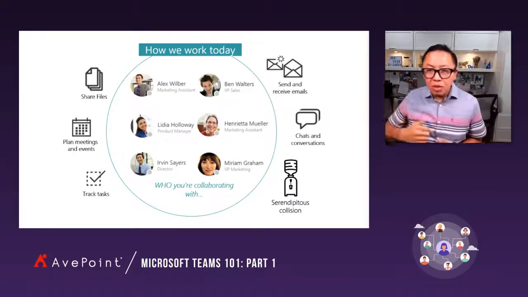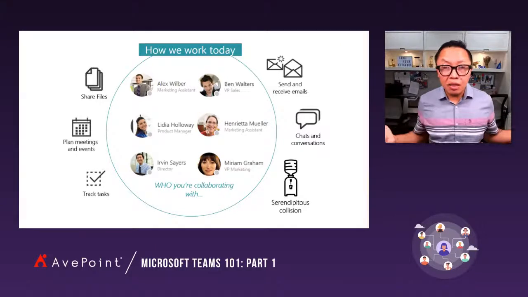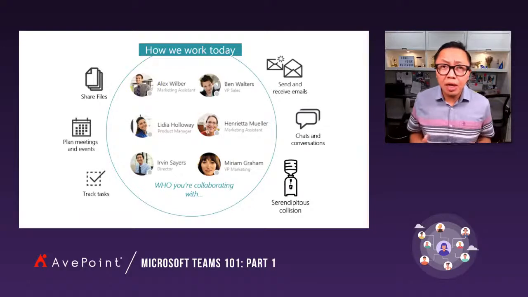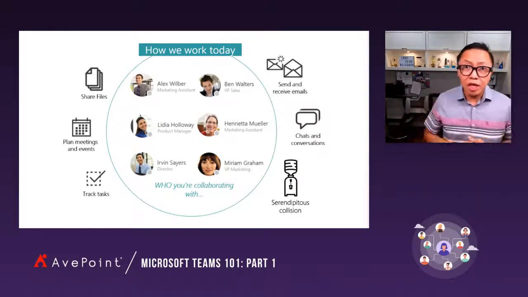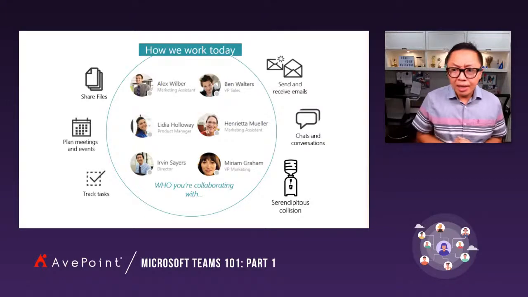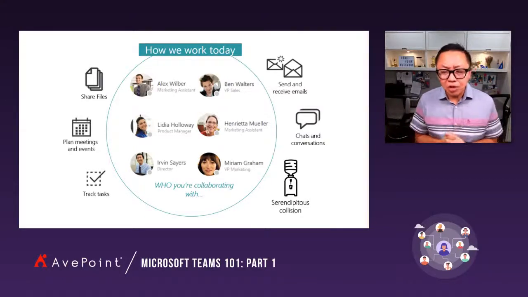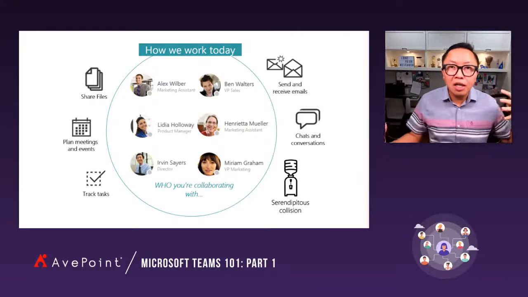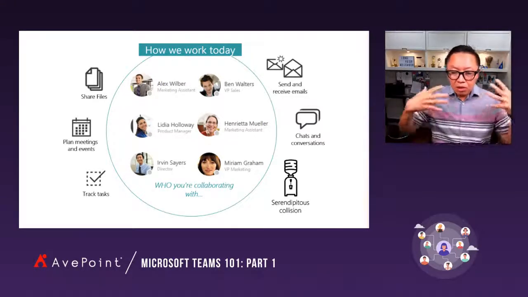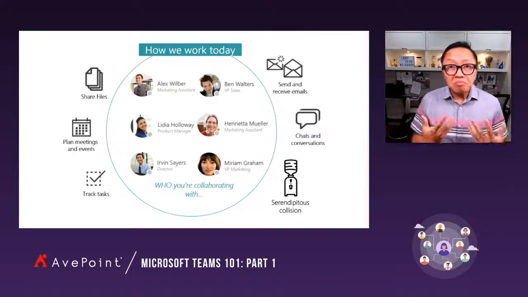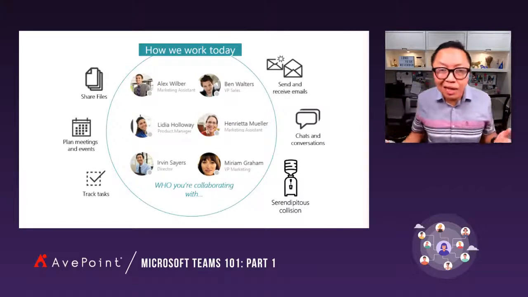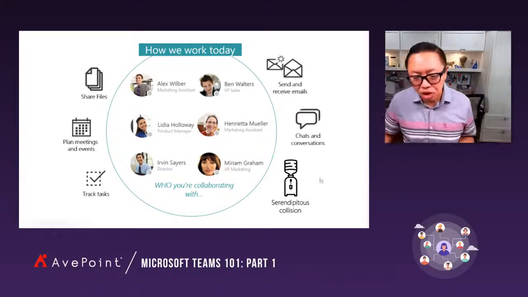And then we obviously use emails. We have a lot of chat going on. And these days, I see a lot of chat tools being leveraged, and it's not just tools that we use at work, but even consumer chat tools like WhatsApp, LinkedIn Messenger, or Facebook Messenger. And then this last part, which I really miss, is the idea of serendipitous collision, where we're in the office, we're just thinking out loud, talking, and then we come up with a brilliant idea. So this is how we work. And in fact, this is the norm in the past couple of years. We can live with it. It's okay. Some things aren't perfect, but we get the job done, right?